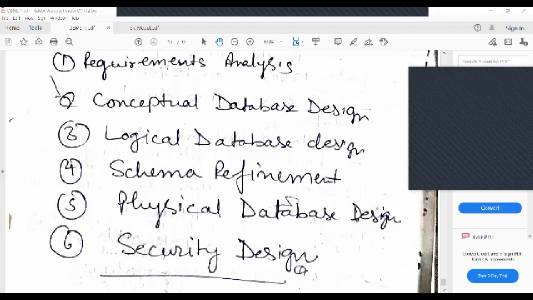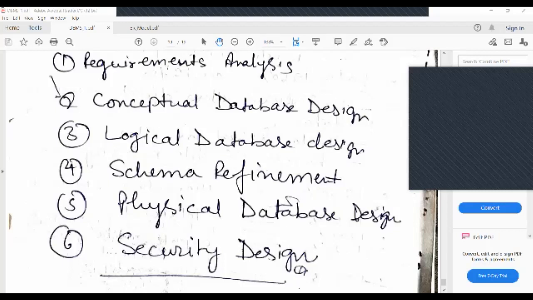The second, third, and fourth steps are important, and most of the questions come from them. For any kind of student, these three parts you must know: how to do the conceptual database design, like the ER model, how you can do the designing of the database using the ER model, and how you can convert that corresponding ER to the relational table. Then comes the role of schema refinement. You have to study in this sequence. Then only you can understand how the things are going.